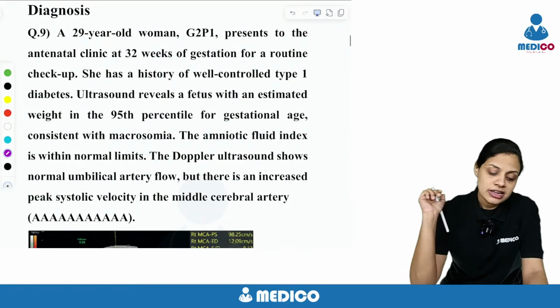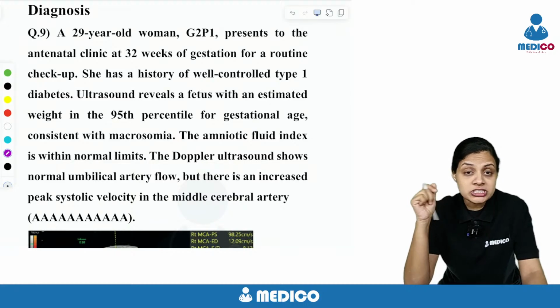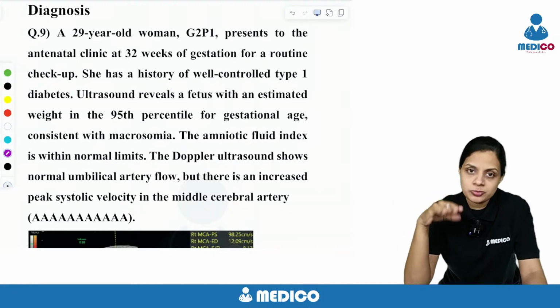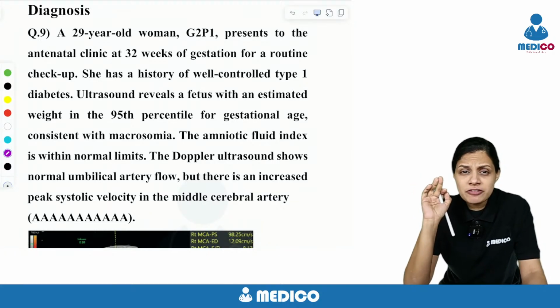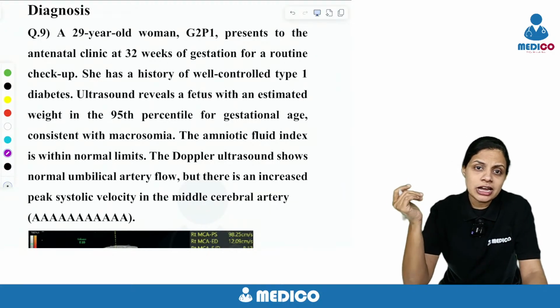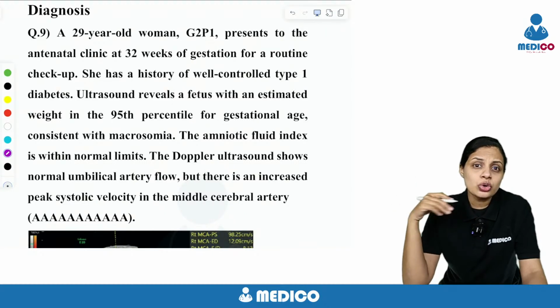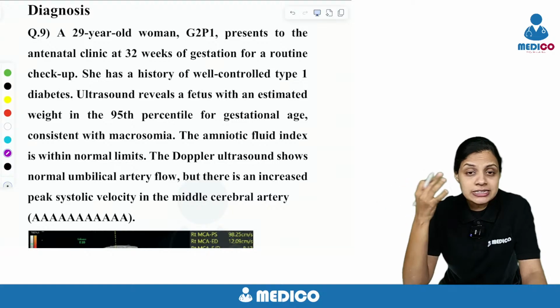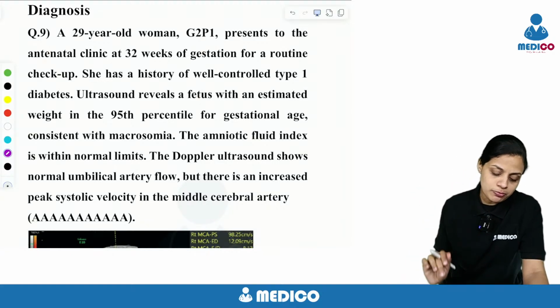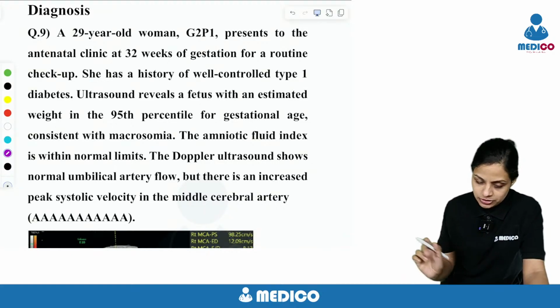Coming to diagnosis, actually diagnosis is one of the most important topics in obstetrics, from where you'll get the maximum number of questions. You may not be very familiar with diagnosis because I don't think you're doing scans or dopplers in your undergraduate, but there are a few things that can easily help you arrive at your answer. That is more important for us, right? Let us take up the first question there.